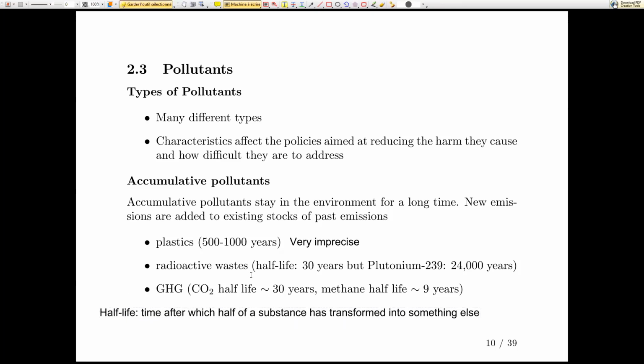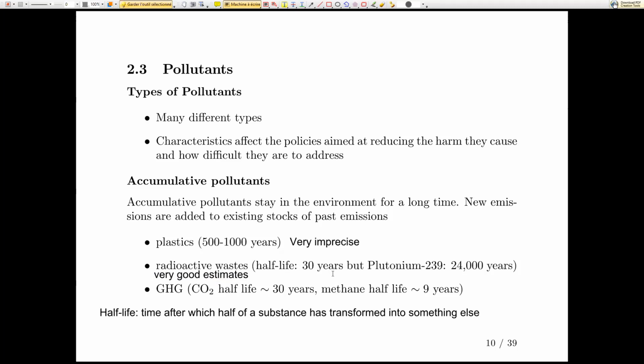So what does that mean? Well, it means that if you are thinking, oh, I have two choices of nuclear power plants. One creates a residue that has a half-life of 30 years, and the other has, like, plutonium-239, which has a half-life of 24,000 years. This matters. It really does. And the thing is, for this, we have very, very good estimates, because that's just the physics of particles. We know exactly how it is.